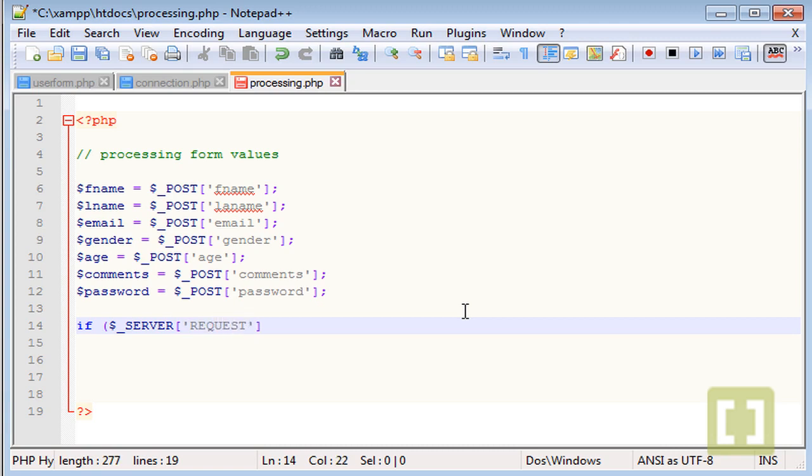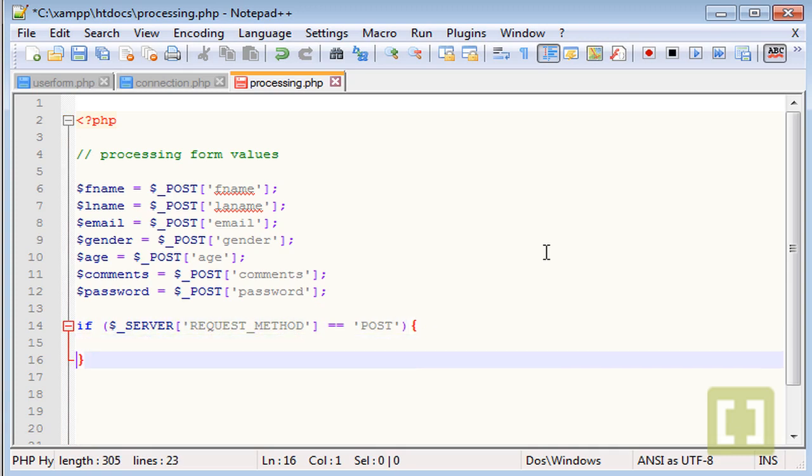So we type request method, and this has to be equal to post. This is a condition where we say if the server request method is equal to post, so if the form has been submitted with the post method, do this,